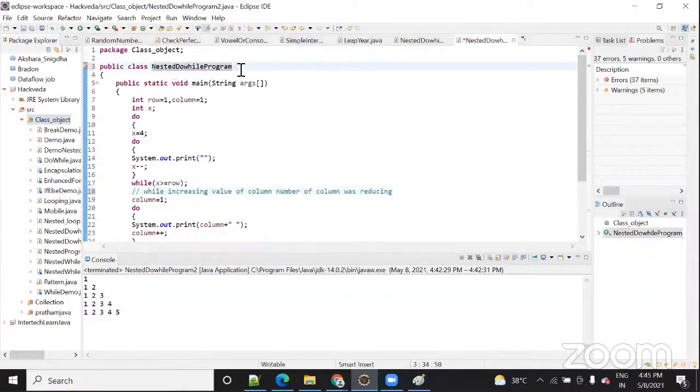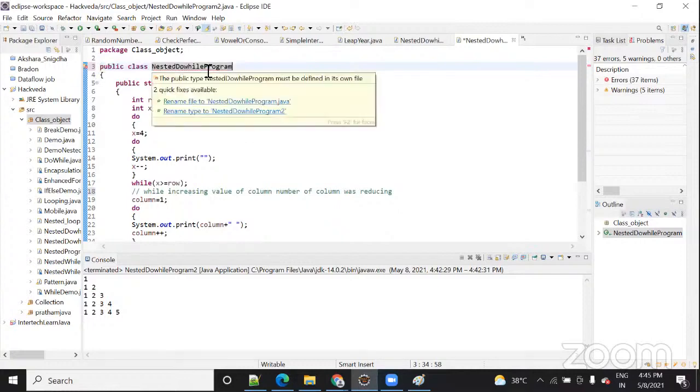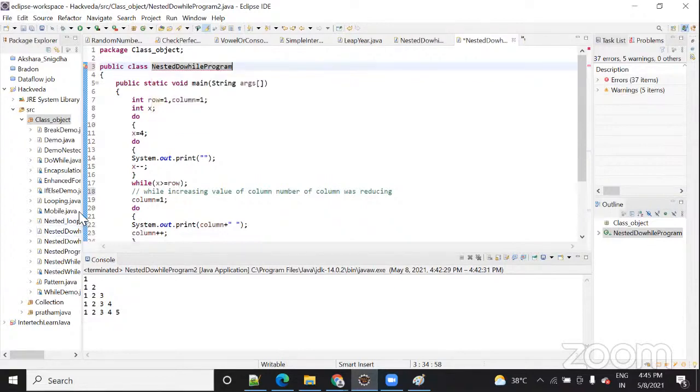Now when you make these changes, first you put the cursor there, and it will show you what kind of error: public type nested do while must be defined in its own file. When you put the cursor here, it will suggest you rename the file to nested do while program Java. Either you want to change it to this name, or you want to change it based on the file. So what is the current value?